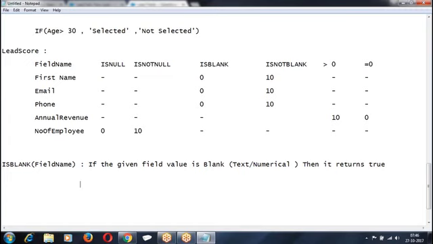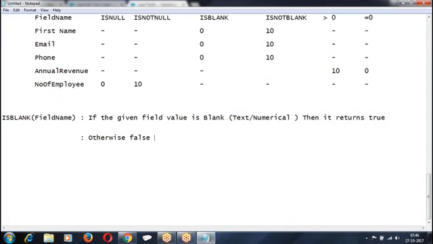Otherwise, false. IsBlank can be applied both on text fields as well as numerical fields.